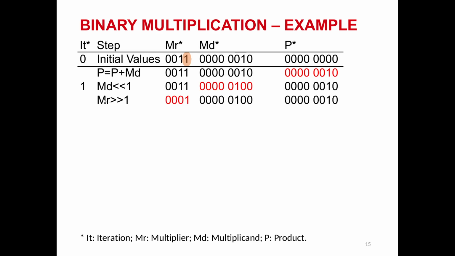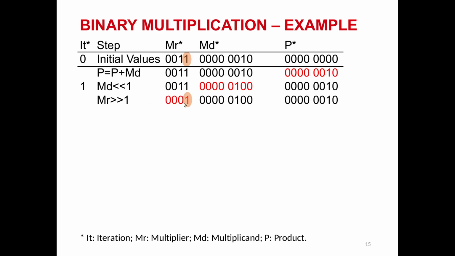After that we will need to shift multiplier 1 bit to the right. So the value of multiplier here, shift 1 bit to the right, this value 1 will be lost and this value 1 will be located at bit 0, and one more 0 will be pushed into the beginning, or into the left, of the multiplier. And so we have this new value for multiplier, and we will move to step 2.